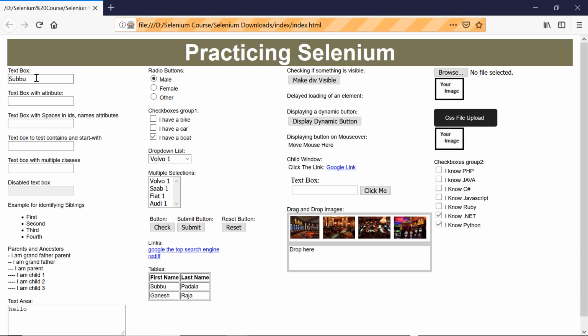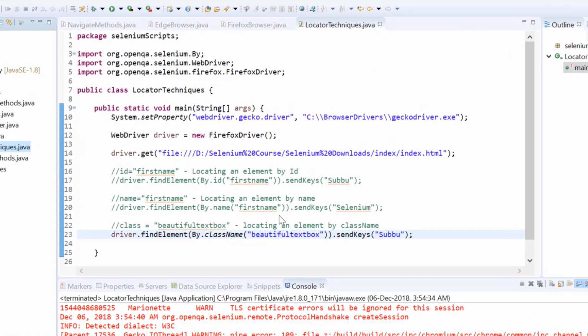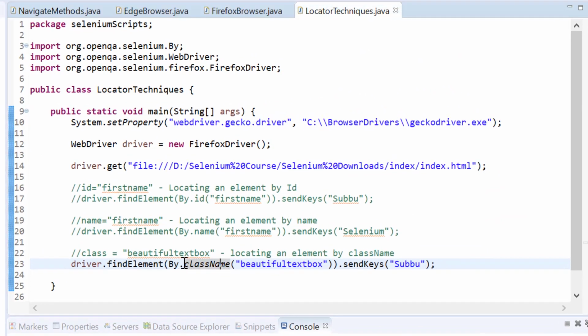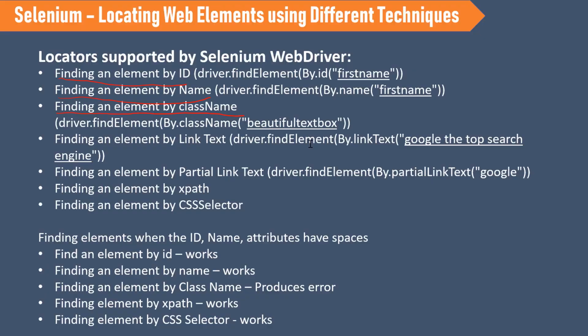And see, now in this text box it has entered the text Supu. So this is how we use the class name property to locate an element. By.className, enter the class name here, and we can find that element. So we have seen how to locate an element using class name, and the next one is finding an element